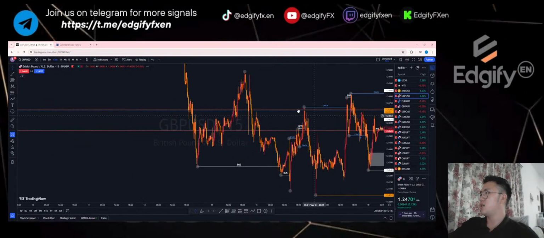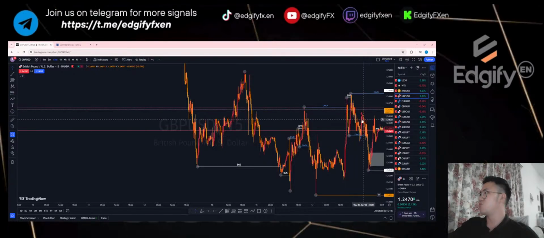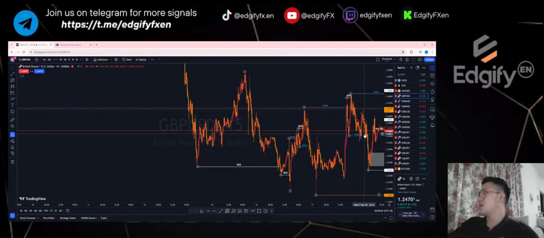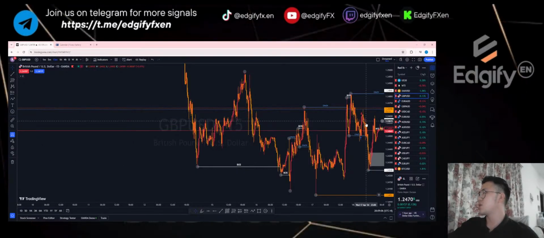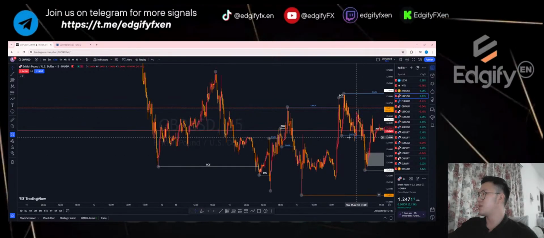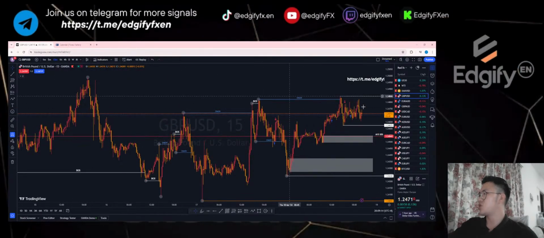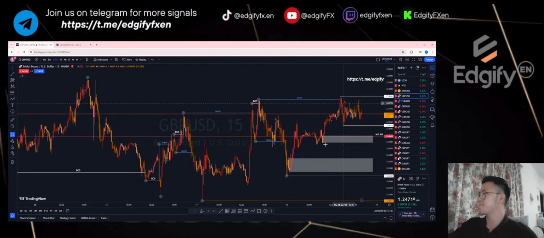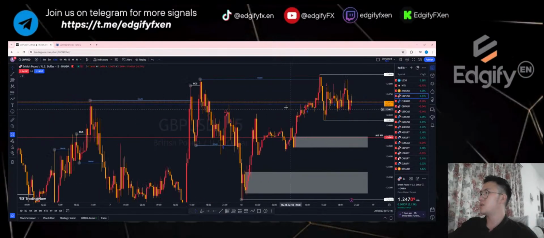If you look here, we have this change, a BOS, and then another change. We took a sell here yesterday. Before it hit the TP at about this level here, it actually took our break even before it dumped. So we are currently looking at this change here now on the 15-minute, from here to here. This is where we will target for a buy.